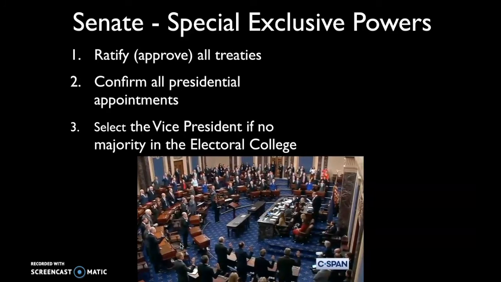That was Chief Justice John Roberts administering the oath to the 100 senators at the beginning of the impeachment trial